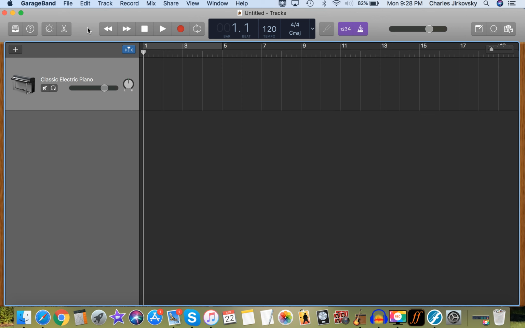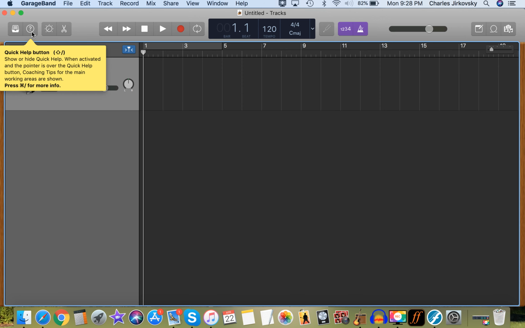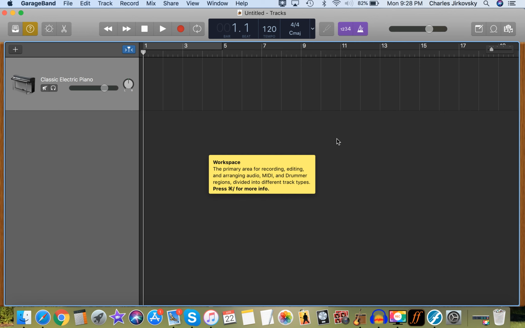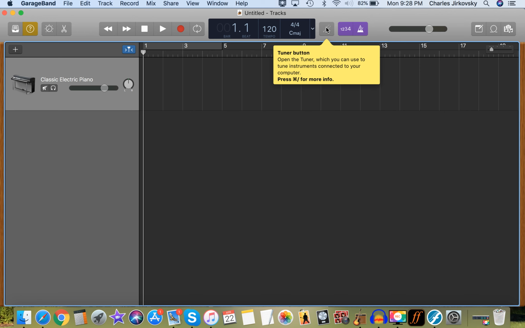As you're exploring GarageBand, this question mark is really going to be helpful for you. If you click on that, anytime you drag your cursor, it's going to tell you what the cursor is currently over. So if you're curious what that icon that looks like a tuning fork is, let's find out. It's the tuner button, which would mean if I was using audio, if I had a microphone,